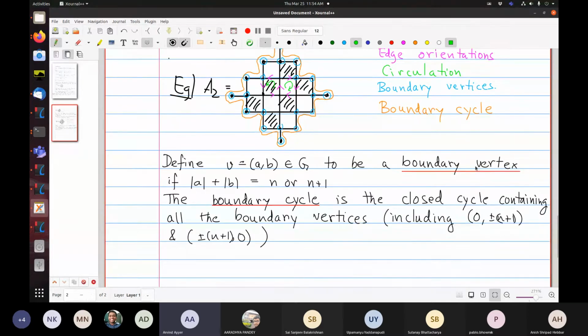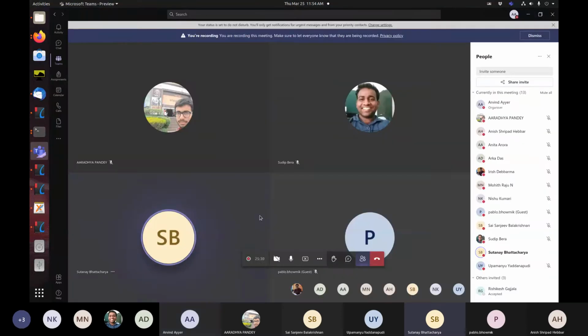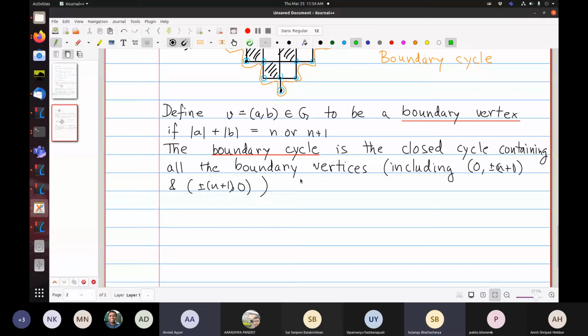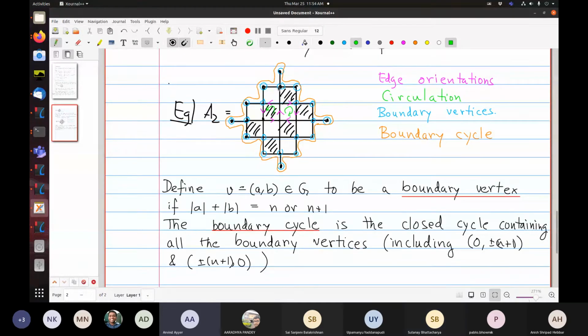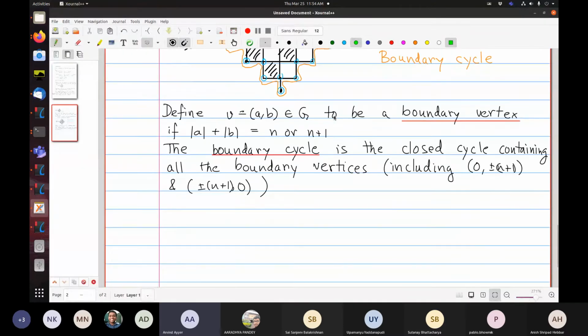Okay. Any questions so far? Are we giving orientation to the four hanging edges? Yes, we will give it, because this will be black, and then which way will it go? We extrapolate the color that way. Yes, right. I'm going to say that we are going to embed this in the entire plane.